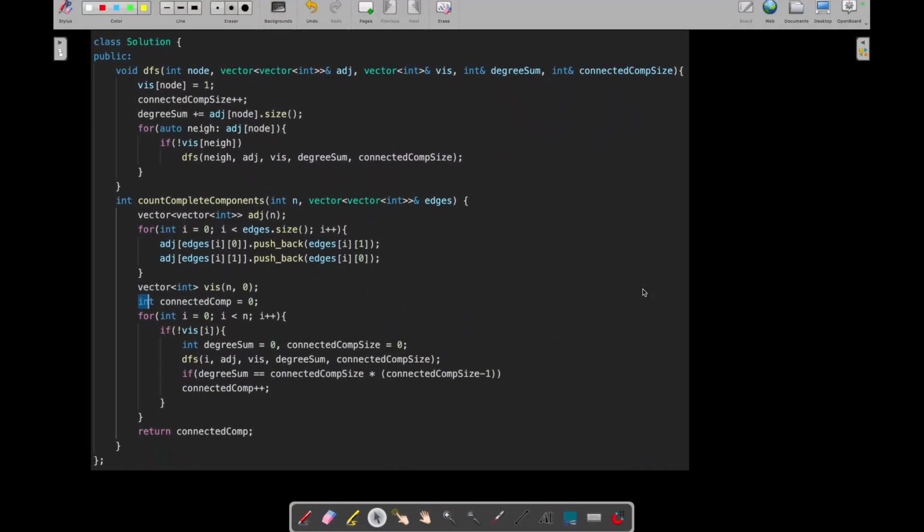So see in this code what we are doing. We are first creating an adjacency list in which we are simply pushing all the edges, like 1 has neighbors as 0 and 2, 1 has neighbors as 0 and 2, and so on. Okay, and after that we are creating a visited vector and our result, like how many total complete connected components are there, and then we are starting our simple DFS traversal. If it is not visited, let's say